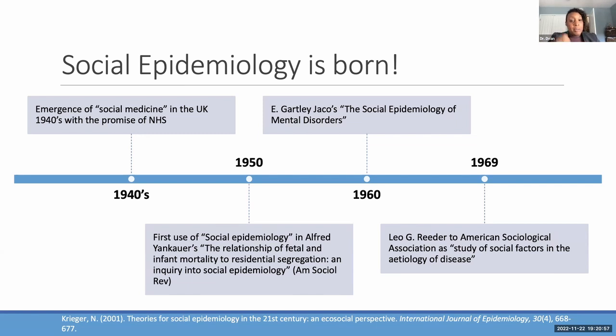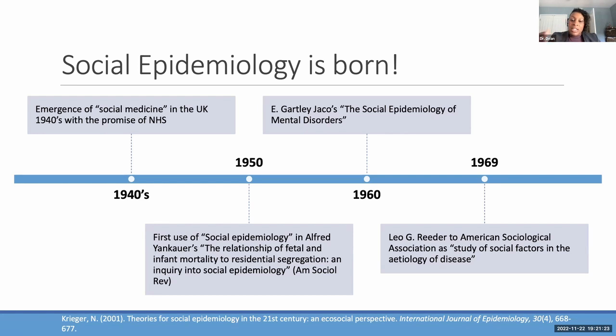But in terms of actually being able to call ourselves a field, that's really happened since the 1950s. We're relatively new, and since then there's been a growing interest in this area. In the 1960s, people started thinking about applying social epi. So Jaco's paper on social epidemiology of mental disorders. And then in 1969, Leo Reeder at the American Sociology Association really fully recognized social epi as the study of